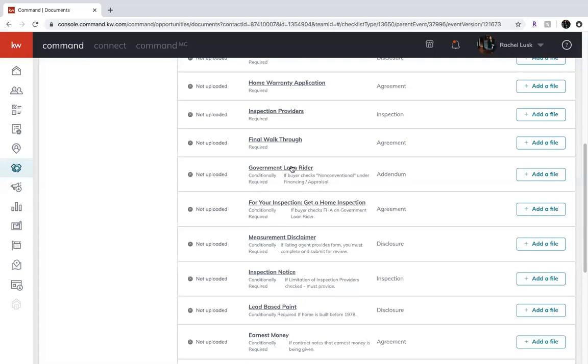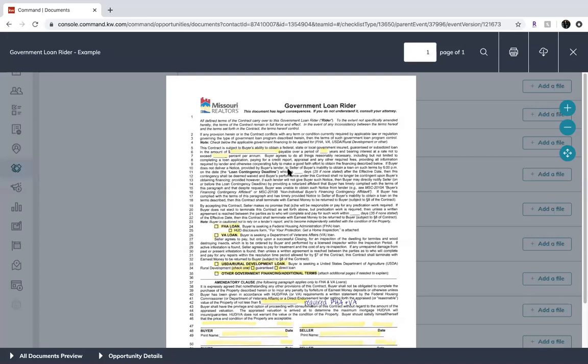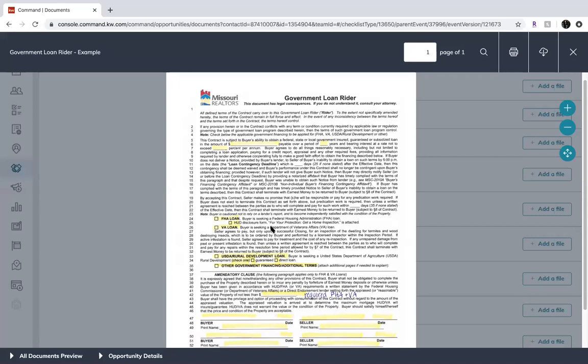Next, we have a government loan rider. So if your clients are not going conventional, and they're going FHA, VA, USDA, or some other source of government financing, MSDA, this is the form that you'll have to complete with your buyers. You'll fill in this line with the loan amount, saying up to the max for a period of how many years, and will not exceed a blank amount of